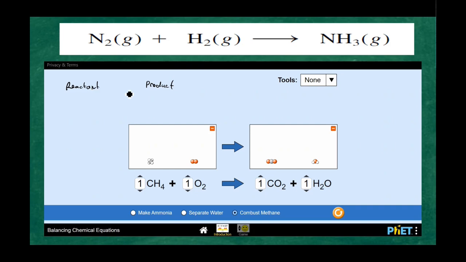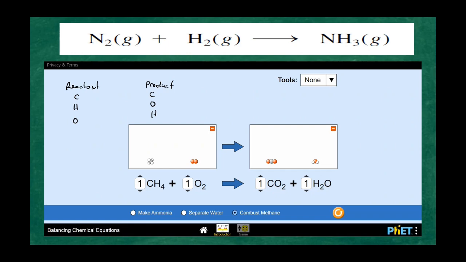Still, let's apply this one. We have C, H, and O. So this one is this reactant, the CH4, which is the methane, and the oxygen. And we have here carbon dioxide and then the hydrogen. So as you can see, class, if we have this type of combination of